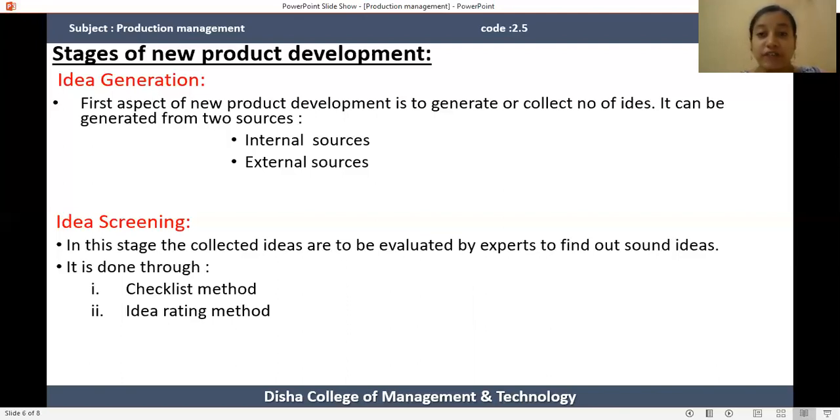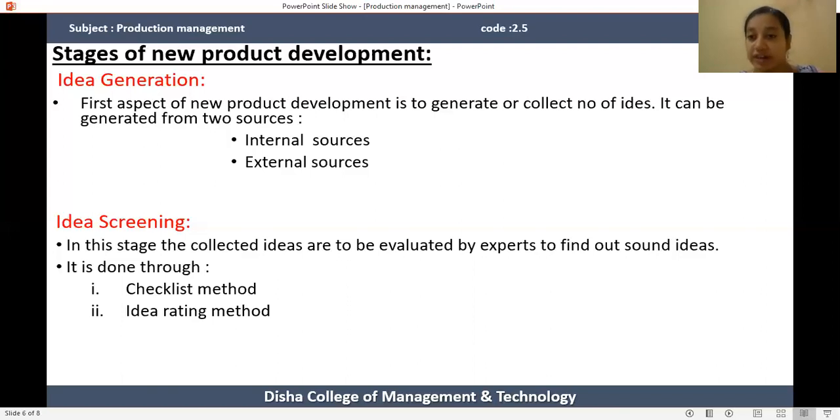The next stage of new product development is idea screening. In the first stage, the organization generates a number of ideas. Idea screening is the second stage of new product development. In the second stage, the organization has to shortlist various valuable ideas. For that reason, they have to prepare a committee, a group of experts. In the committee, they appoint a group of experts, and the responsibility of the experts is to evaluate the